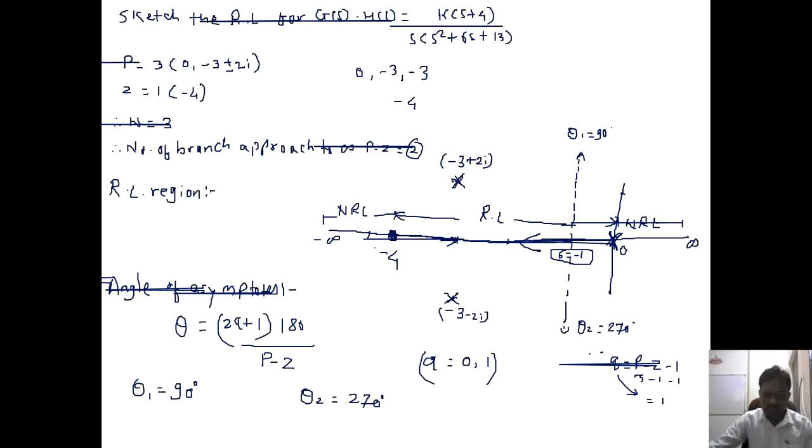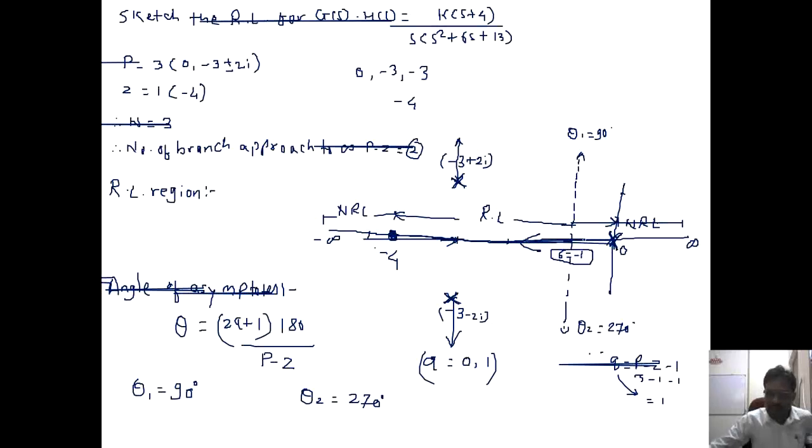Then two more poles of complex nature are present, as well as two asymptotes. So these two poles will start the root locus and will follow these asymptotes. So the root locus will start from this point, and one root locus will follow the asymptote of 90. The second root locus will start from this pole and follow the second asymptote, that is 270, like this. That means no breakaway point exists, and there is no necessity to calculate the intersection with the imaginary axis, because your asymptotes are exactly vertically upward and downward.